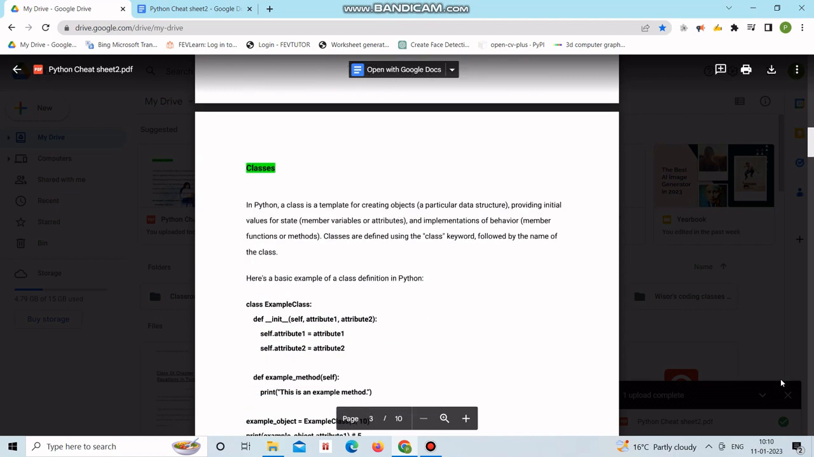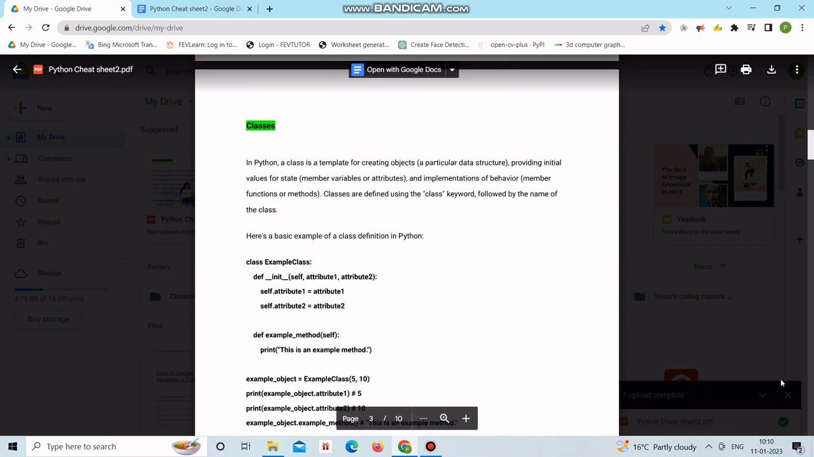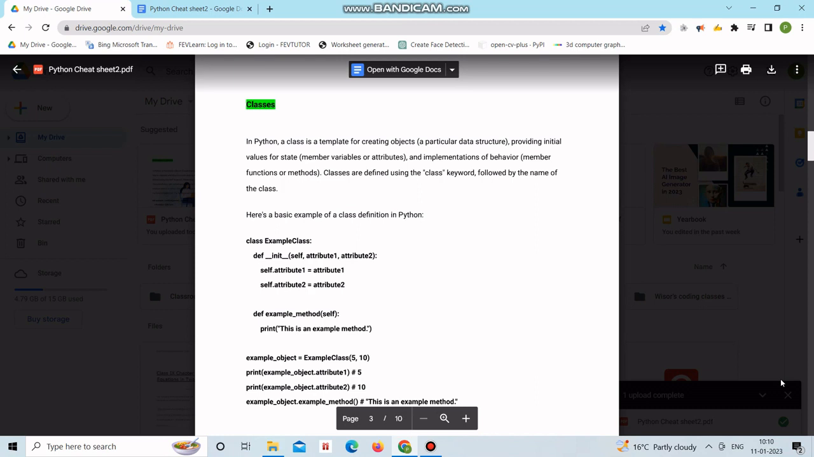Classes in Python. A class is a template for creating objects, a particular data structure, providing initial values for state, member variables or attributes, and implementations of behavior, member functions or methods. Classes are defined using the class keyword, followed by the name of the class. Here's a basic example of a class definition in Python. class ExampleClass: